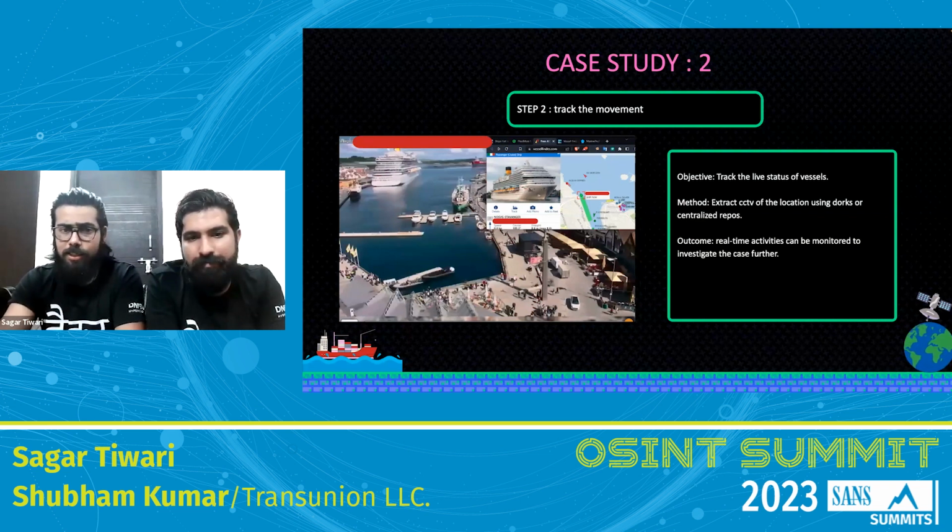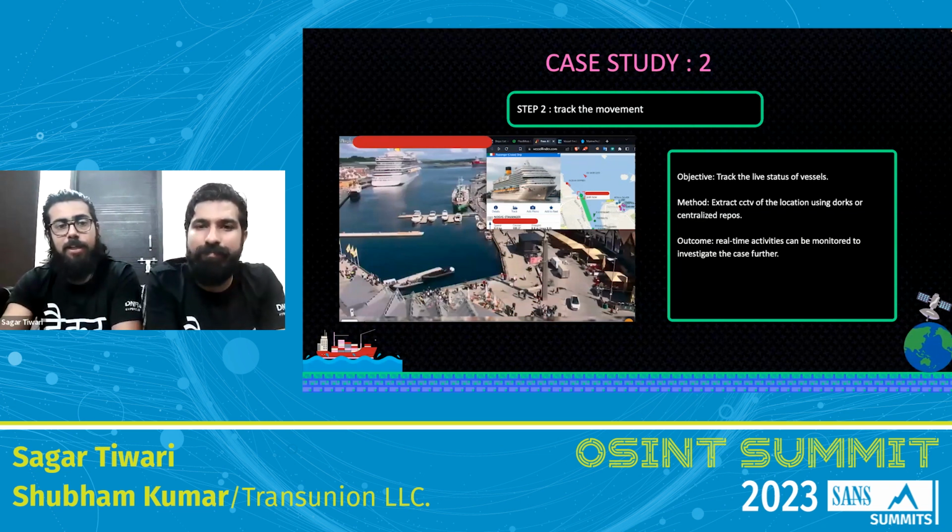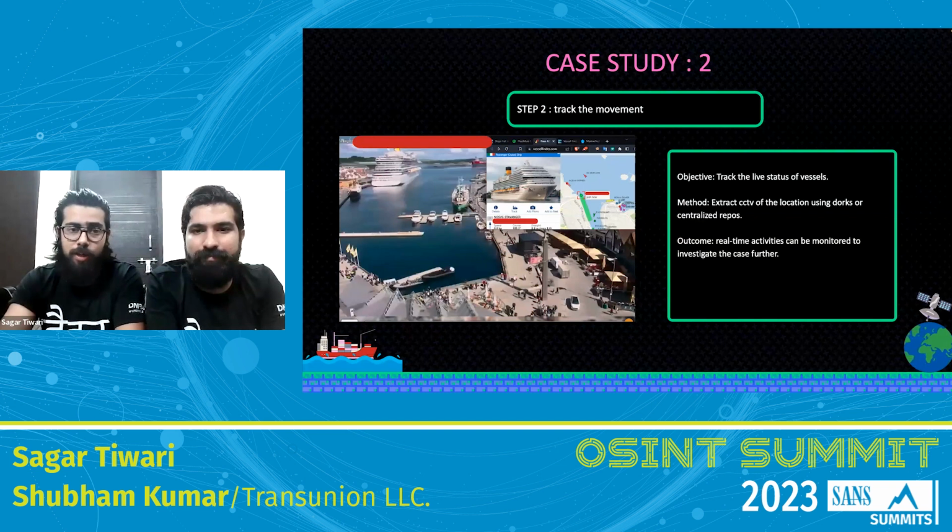One can hunt these by using Google Dorks or internet-connected device search engines like Shodan or Censys. Or they can also go for public repositories where multiple webcams are reported by multiple users. For our own research purpose, we have focused on Windy. That is primarily an app designed for weather updates, but its webcam facility is quite useful because all of the information is embedded on a global map. So it becomes very handy to pinpoint a particular location and see the CCTV footage if it is present or not.